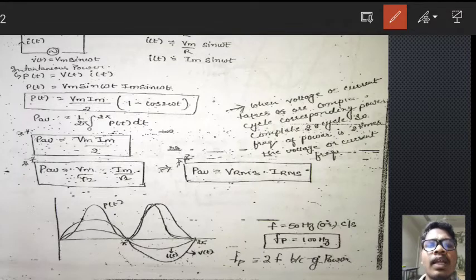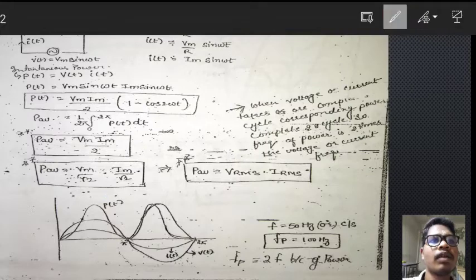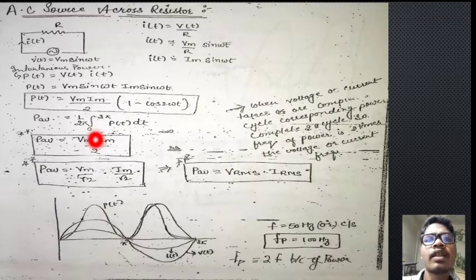Okay, for the average, we have already discussed this average concept, so no need to describe it again. So for average power, that is 1 divided by 2 pi integral from 0 to 2 pi, because it is sinusoidal in nature, so that's why we are taking the time from 0 to 2 pi.